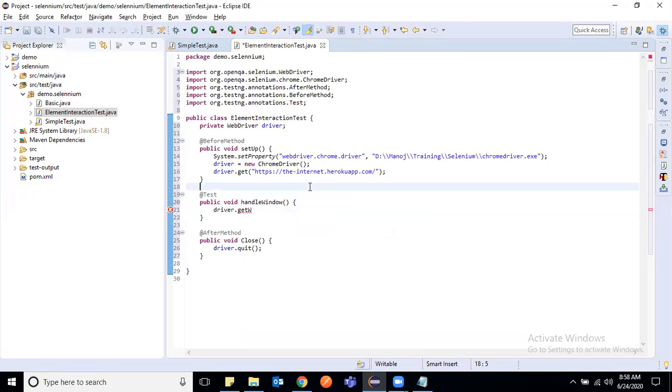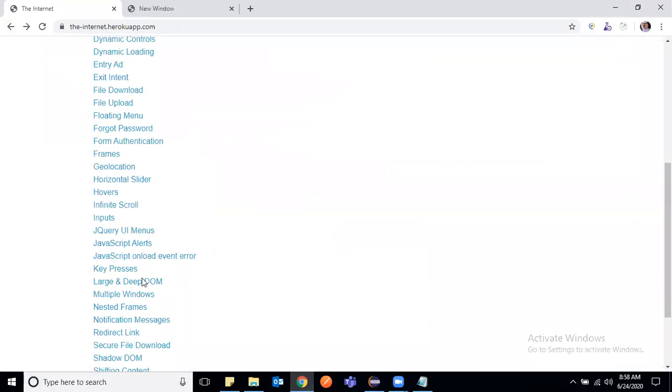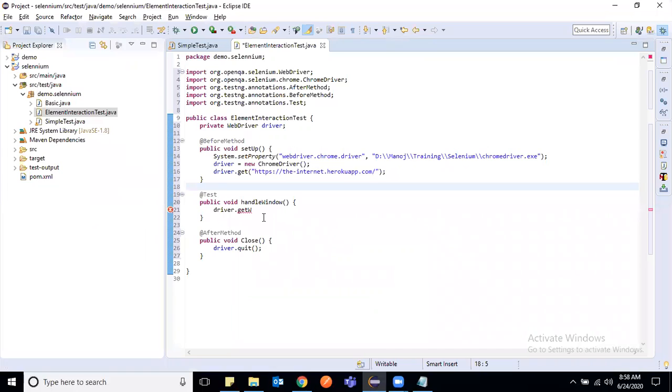All right, so let us see. We can launch this, then we have to navigate to these multiple windows. But first let us see whether, with whatever browser is launched and navigated to this, I am able to print the window ID or not.